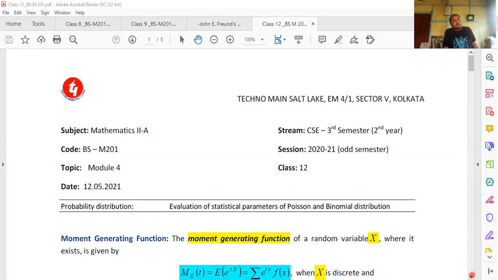All these are confined in a particular entity which is called moment. Now the question is, if the moment of the random variable is known, then we know already that we can find the expectation and variance of the random variable. But can we find the moment of the random variable at all? How can we find the moment? That is our today's task.